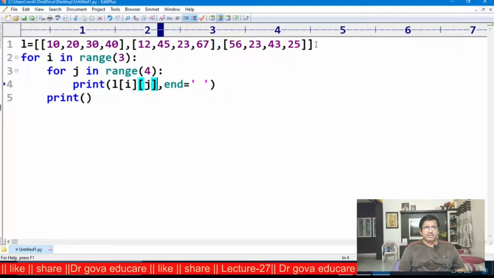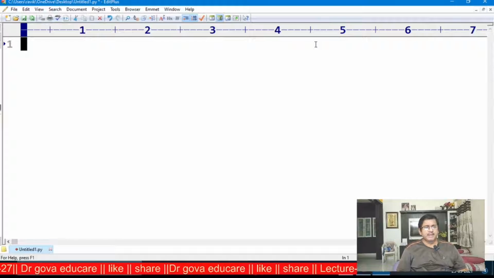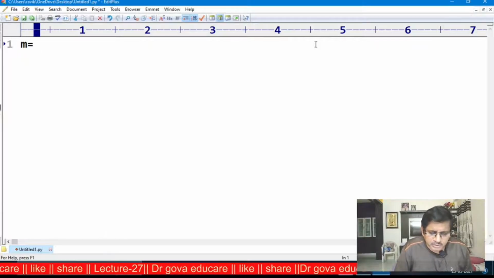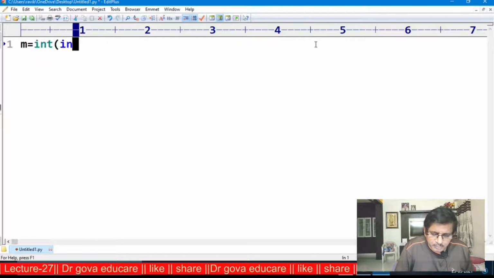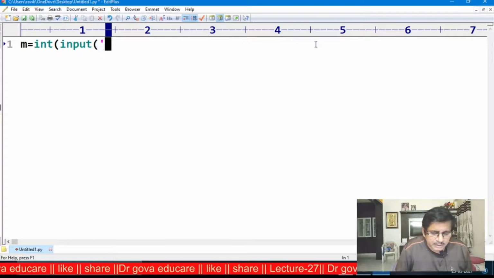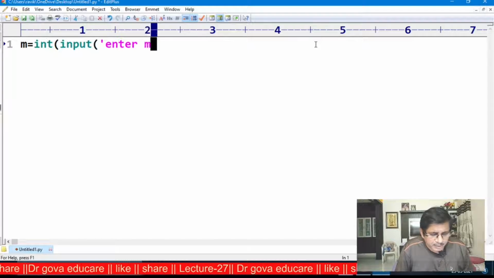Now assuming the matrix A has dimensions m by n, that is m rows and n columns. First I enter the rows of the matrix: m is equal to int of input, enter m.